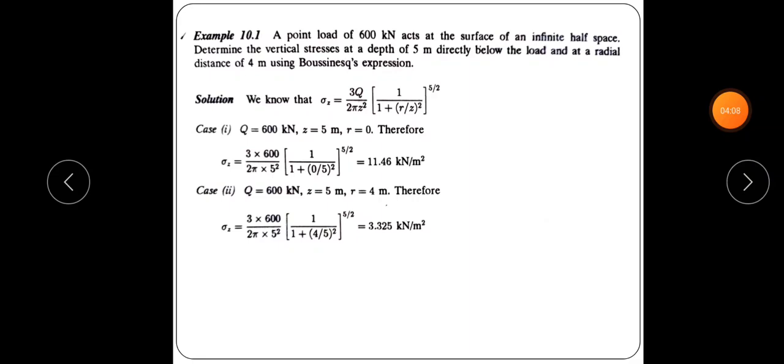Okay, so this type of problem is usually asked in university questions. So first you should be thorough about this Boussinesq equation. The problem is very simple, direct substitution. So next problem,